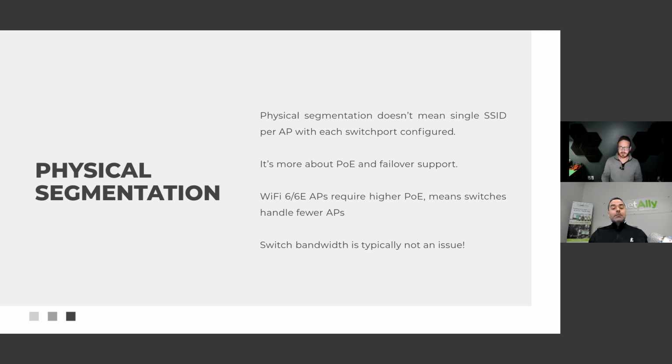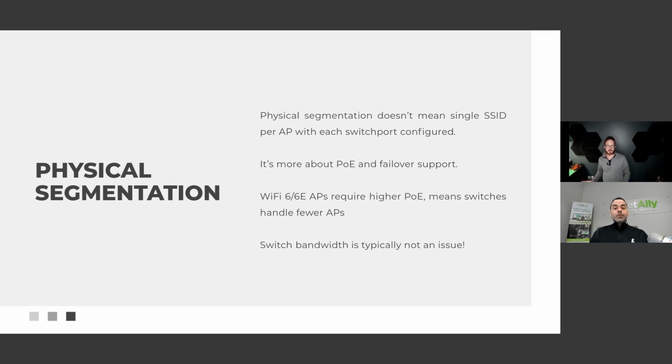So one of the things that you need to be careful of, we kind of hinted at this earlier: Wi-Fi 6 and 6E APs, because now we have a third radio in there that's doing that 6 gigahertz support, which is that key element of 6E, require higher PoE. Now, if you require higher PoE, that means that your switches potentially handle fewer APs. So if you've got your switches deployed today, and you've got, let's say, on a floor, 16 APs on there, and they're all off of one switch, and you're migrating from, let's even go real far back,